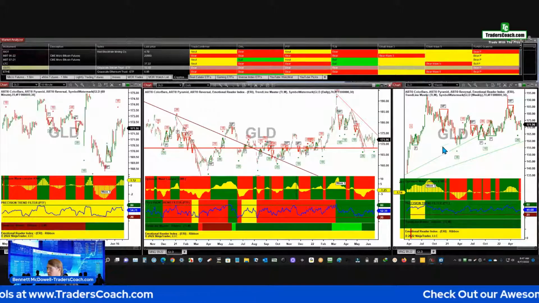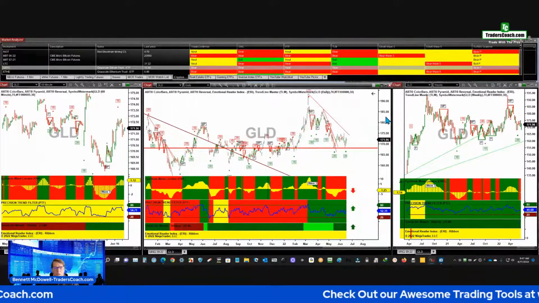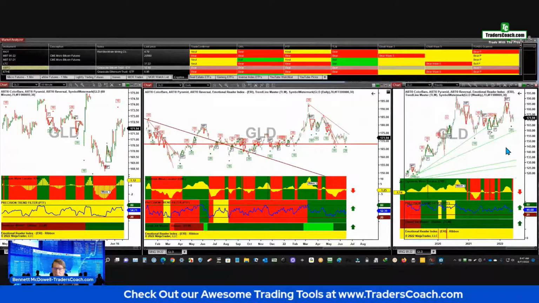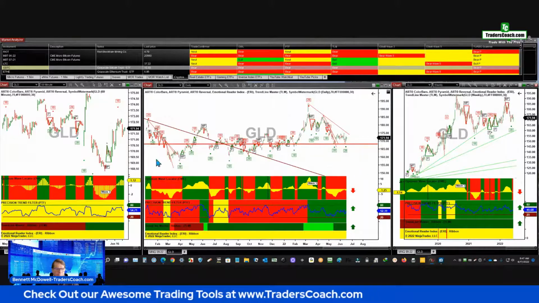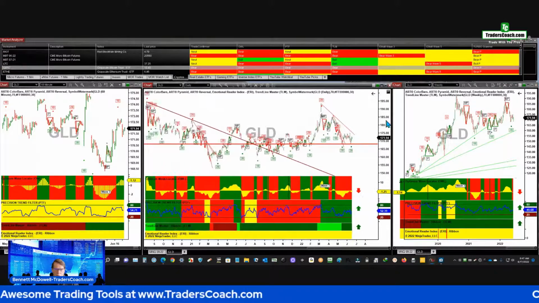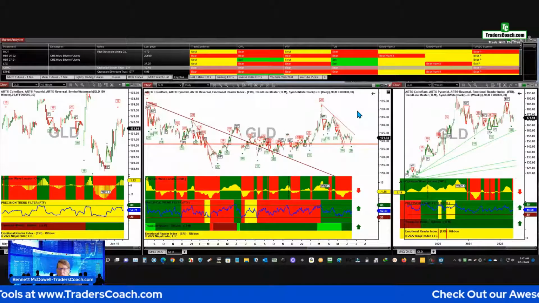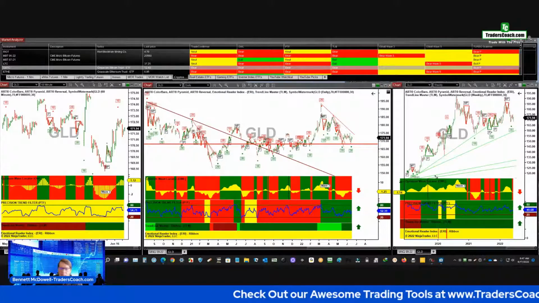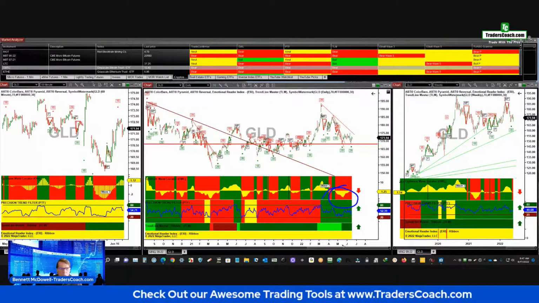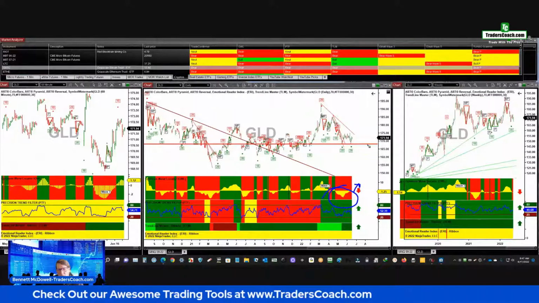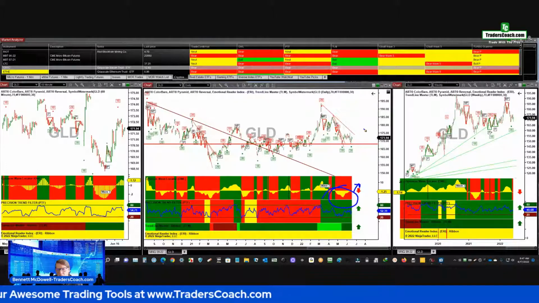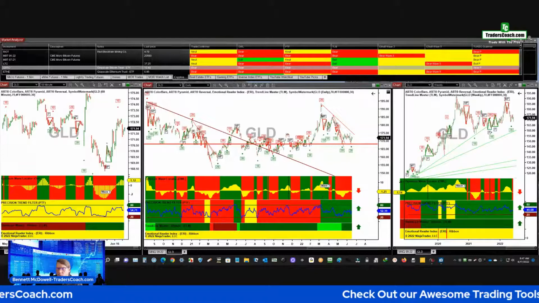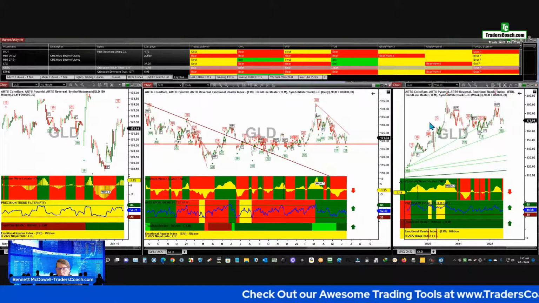All right, let's see. So gold, green PTF on the weekly and the daily. Getting close to a long position here. I was saying before I'd like to be long gold, but I can't get long because at this particular point we have a red owl here. If this turns green, I'll take a long position on this. And we'll see what happens with that. But for right now, I've got to hold off a little bit.